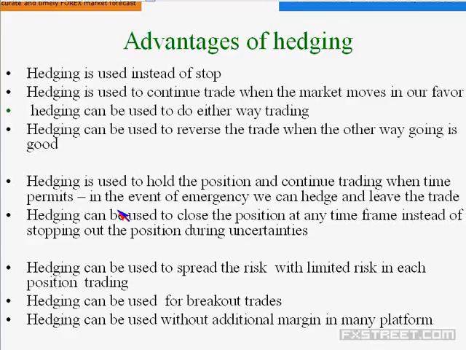There is not a deal at all. Then hedging is used to hold the position and continue trading when time permits. Say, for example, somebody last time had taken a sell position at 1.27 with 1.2730 as a hedge, and the market went up to 1.33. He is not bothered. On the buy side, he can book profit or he can simply keep a stop at entry